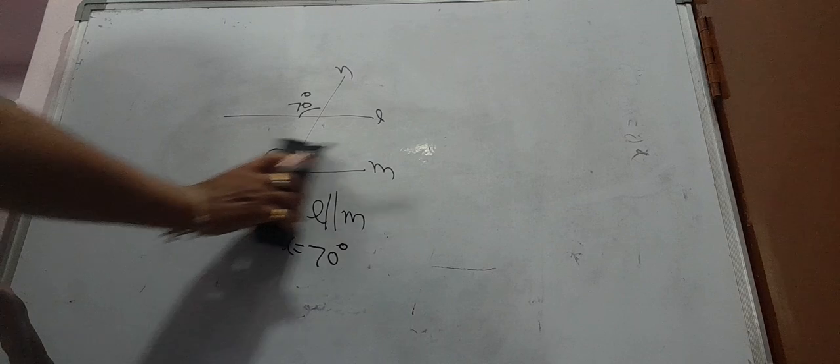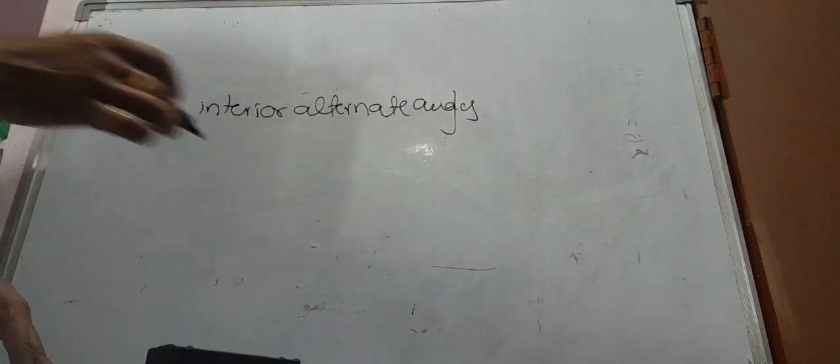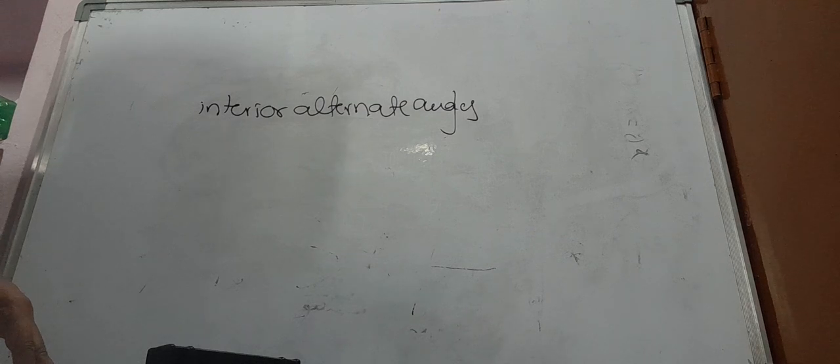Then after learning about the corresponding angles, we will learn about interior alternate angles. Children, even in the classroom, we cannot teach like this slowly. You got a great opportunity to learn the subject at home by listening to different videos. By listening repeatedly, you can learn the types of angles.